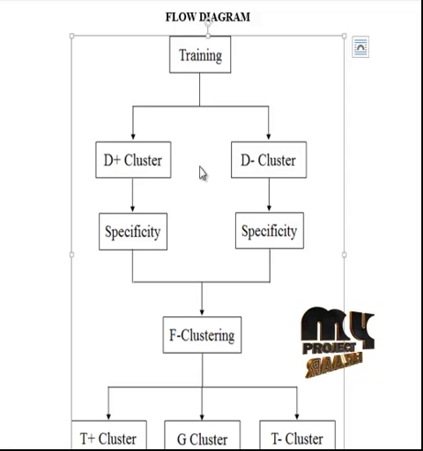If the relevant terms are more, then they are present in the D plus cluster, or else they are placed in the D minus cluster. For each of the clusters, the specificity value is calculated. From that, finally, using the F clustering process, the T plus cluster, G cluster, and the T minus cluster are obtained. The T plus cluster contains the most relevant documents